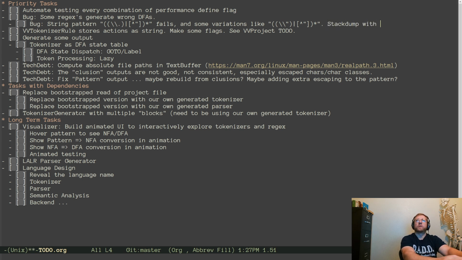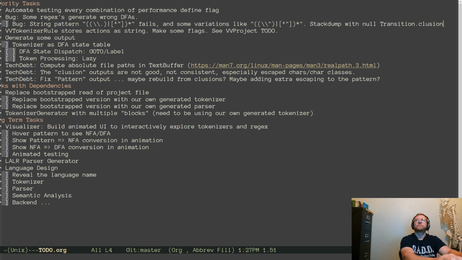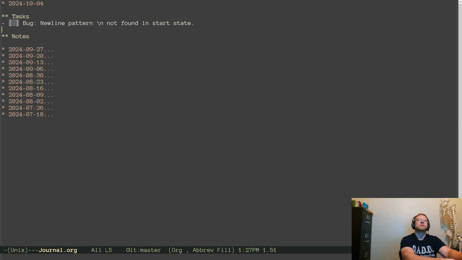Stack dump with null transition inclusion. Okay, so let's mark what we've got so far.